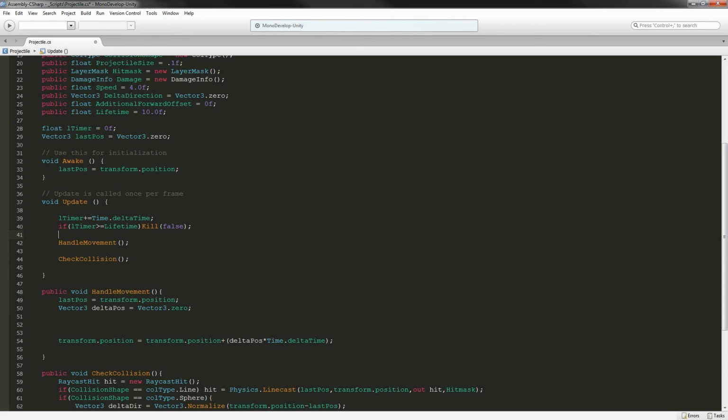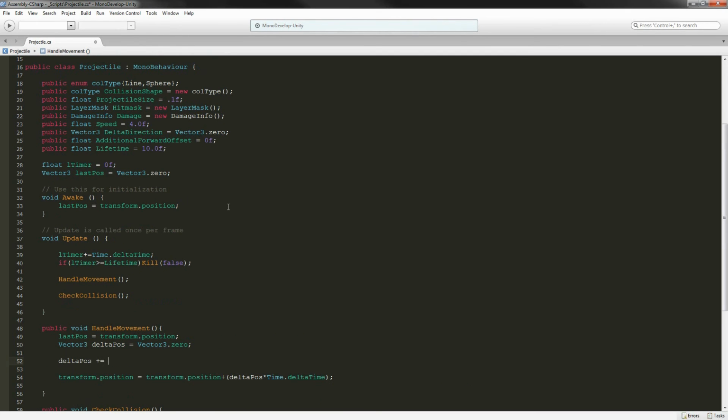That way we check for life, we move, we check for collision, and that's all update does on a loop every frame, which makes that loop really, really simple, right? And easy to follow. Anyway, so in here we're basically going to say delta pose plus equals. So this is where it gets confusing, because we want to base some of this off of forward movement and some of it off of not forward movement. So we're going to say that equals